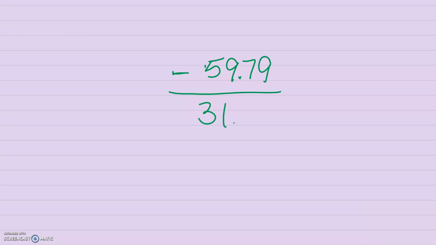What I want to write is what number, when we take away 59 79/100 from that number, we will get 31 48/100. All right, so this is a subtraction problem like the last one, but it's a little bit different because